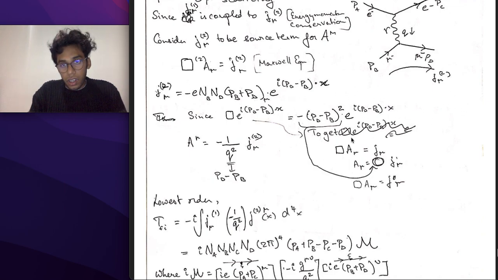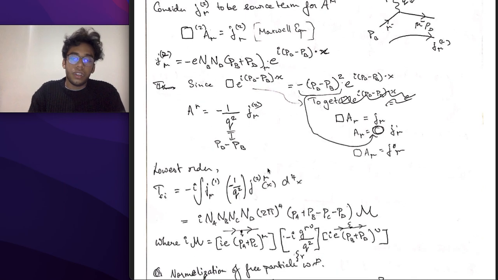In order to get box of A mu equal to J mu, you need to divide both terms by a certain factor, and that factor is minus (p_d minus p_b) whole square, which is basically your q square. So you divide by a factor of q square, and then you get A mu is equal to minus 1 by q square J mu, which is basically